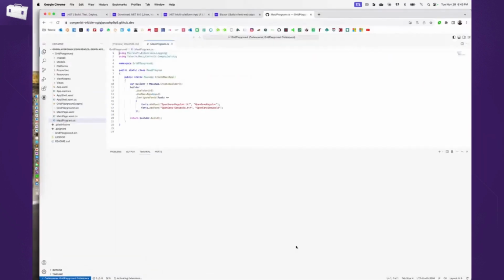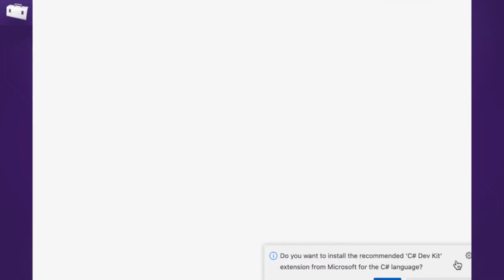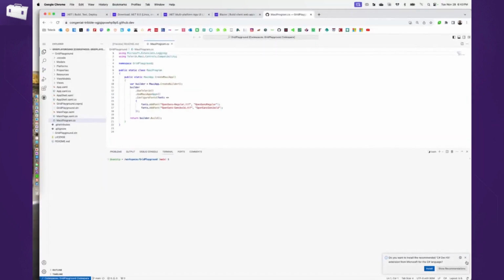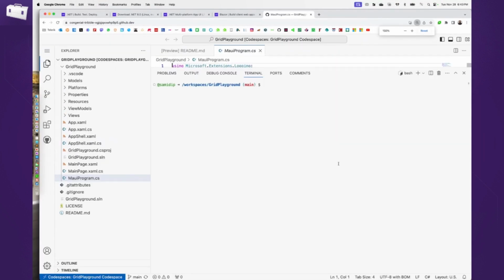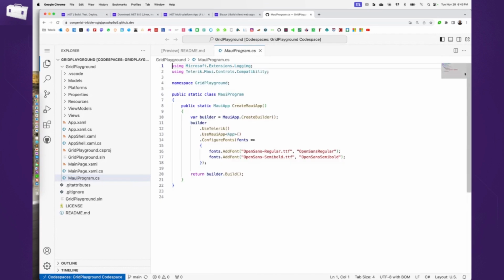It's actually creating whatever I need. So you can see that it's saying, hey, your project could use C# Dev Kit. You don't have it installed because this is a separate machine that you're on, essentially. So you essentially get VS Code running with your project and your code exactly as you want, and you can get this set up with all of the tools and all of the extensions and just be productive. And then you can save your state and go away.